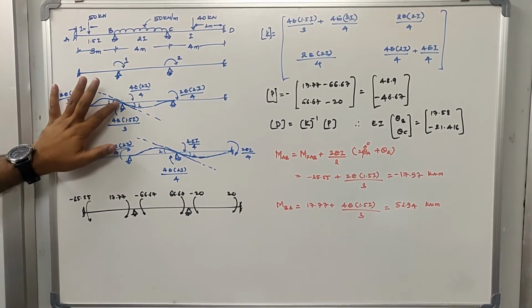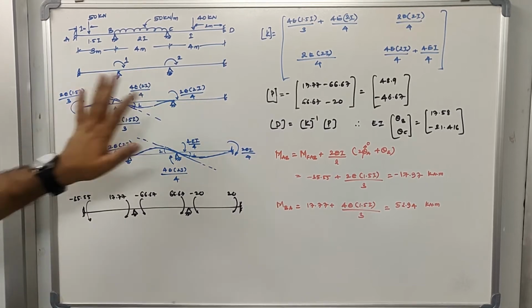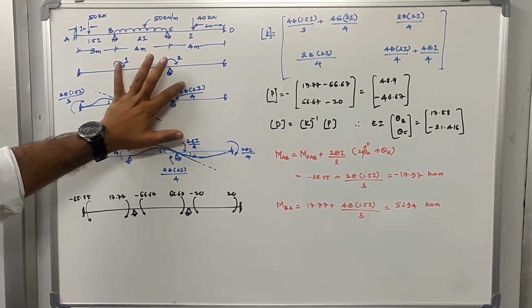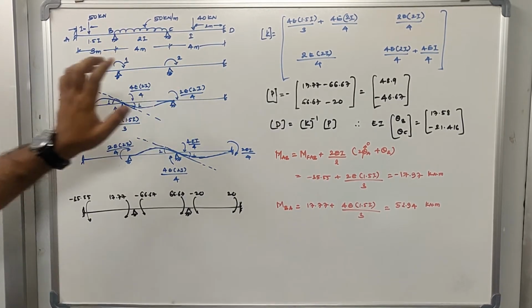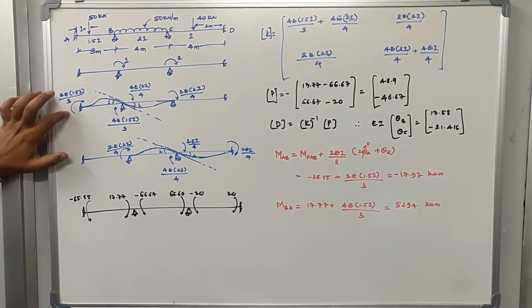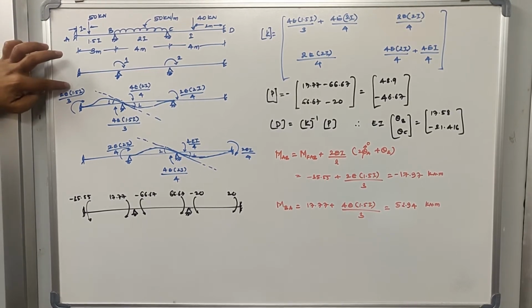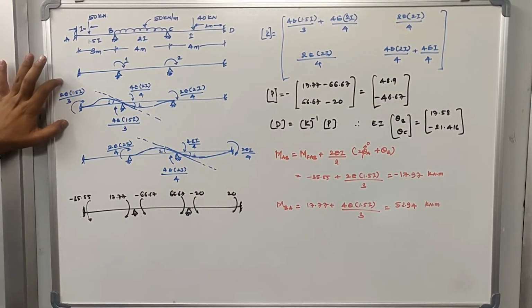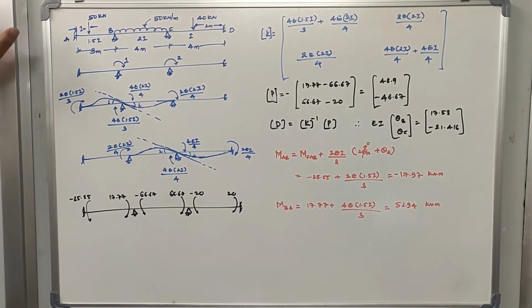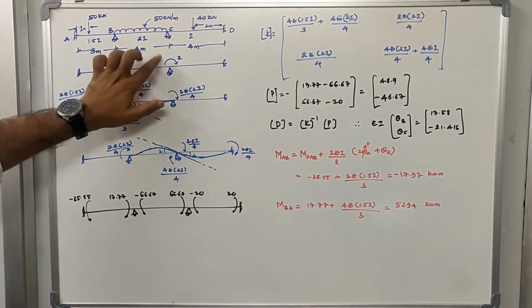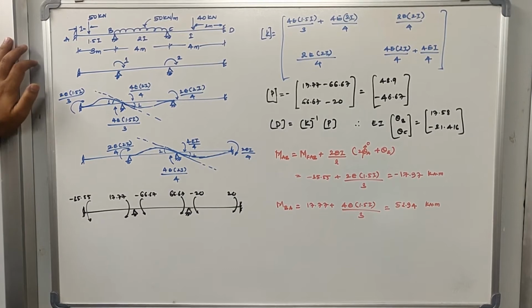Now let us also determine the forces developed at the far ends. For member BC, at CB, the moment generated is 2E into 2I divided by length 4, so 2E 2I divided by 4. Similarly at the AB end, the moment generated is 2E into 1.5I divided by 3. Now this completes the moments calculated because of application of unit rotation at coordinate 1. Now we go for coordinate 2, and at this coordinate we are again applying the unit rotation.